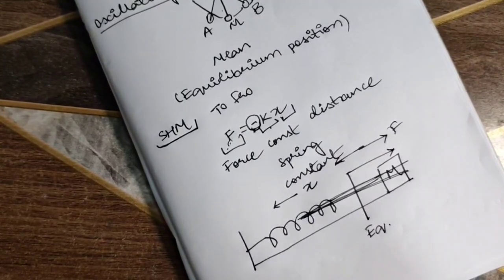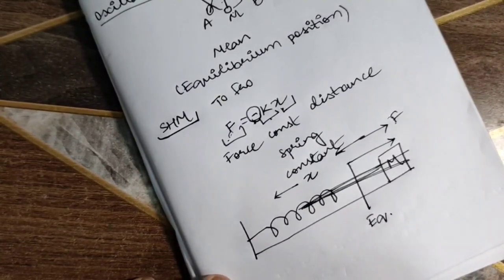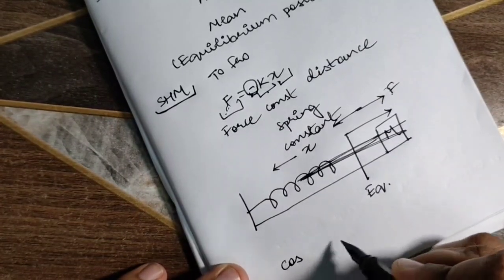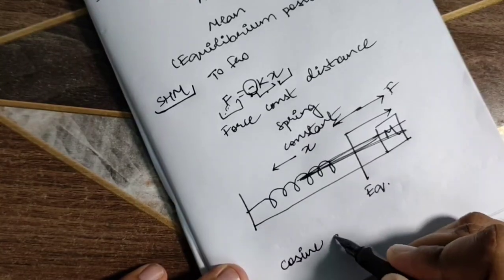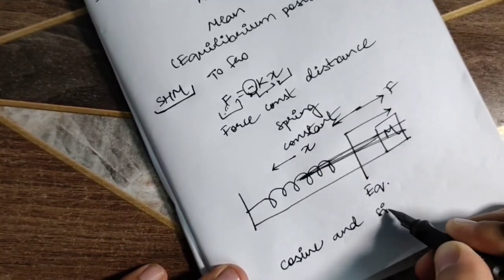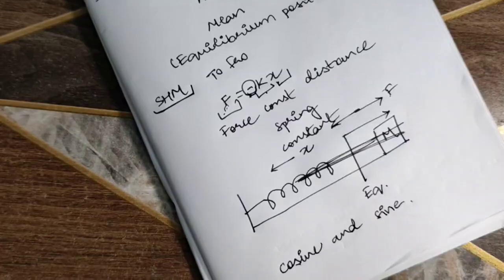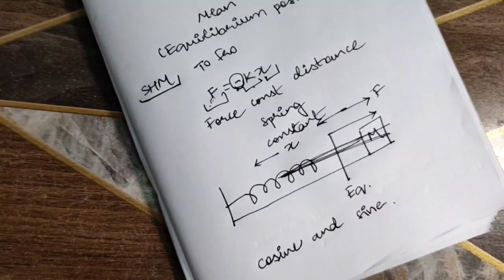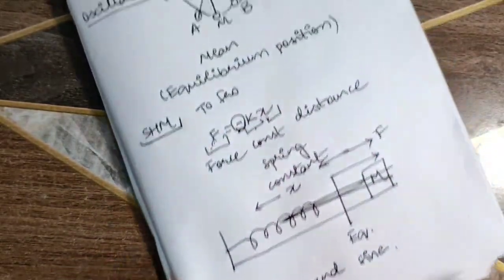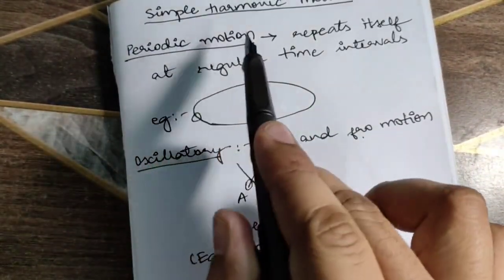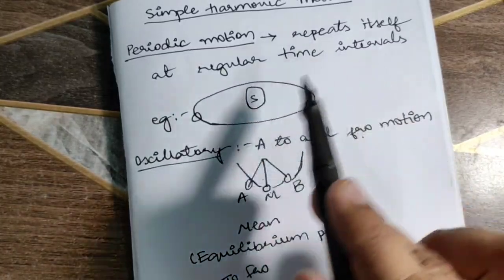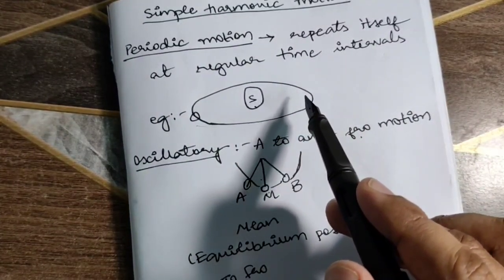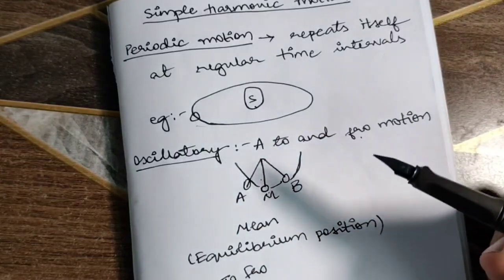Further to say, simple harmonic motion is generally associated with cosine and sine functions. So we'll first discuss how this came about. Once we have cleared, periodic motion would repeat itself at regular time intervals, such as the movement of the Earth around the Sun, and